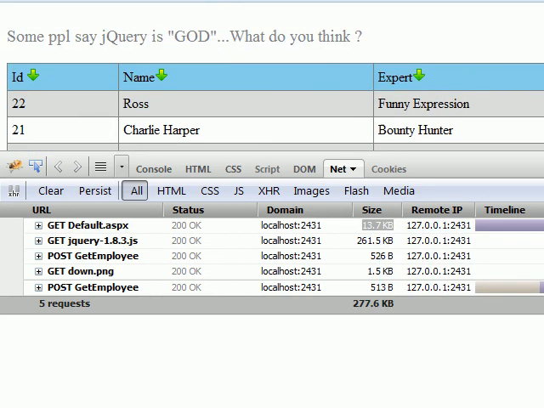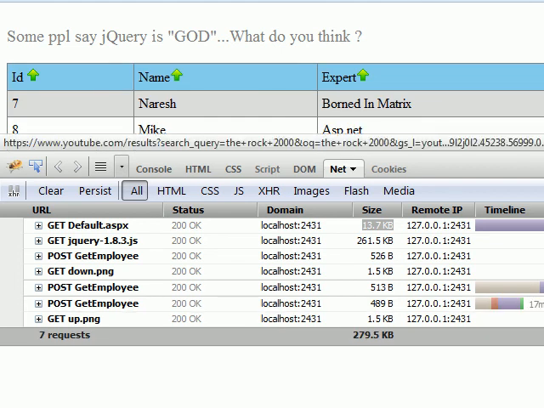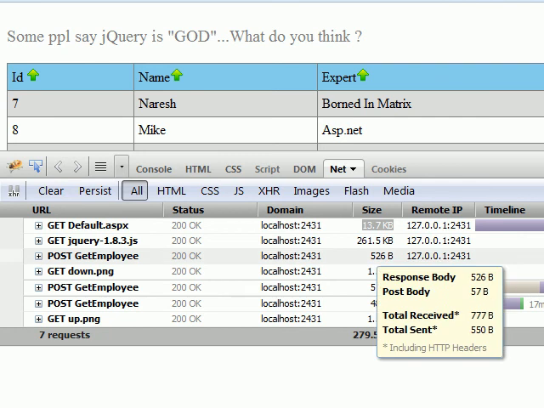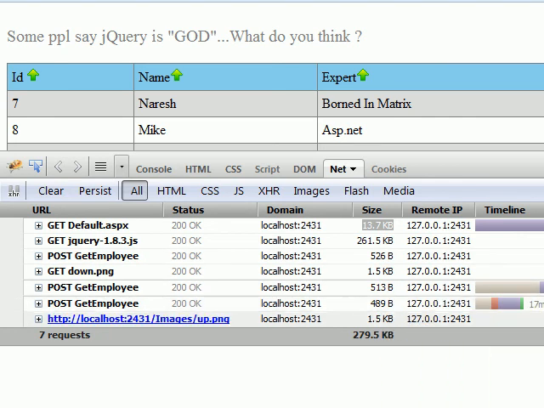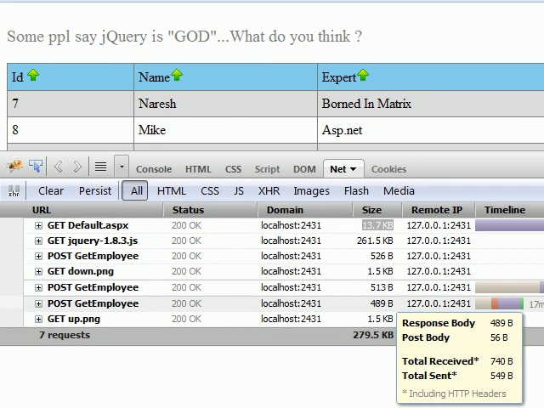Let's do the sorting, and if you look at this very carefully, you don't find any flicker at the top. There's no such thing as a postback, right? Then every time you see, the data gets less and less. It caches the data, kind of, so you can imagine 13.17 KB and 489 bytes. There's a lot of reduction in the data. When you think in terms of tons of data over the wire, and you think in terms of a normal grid view versus a JSON and AJAX jQuery call, you do a lot of